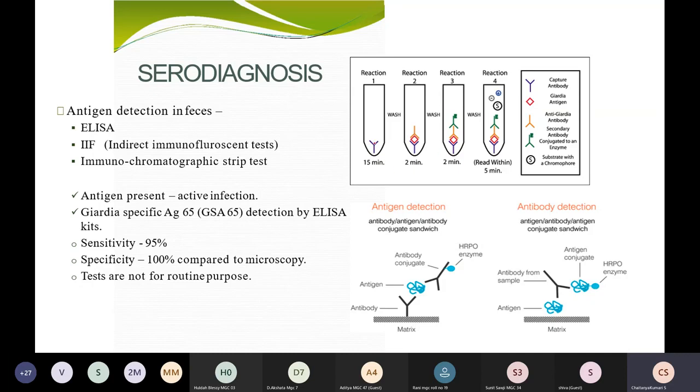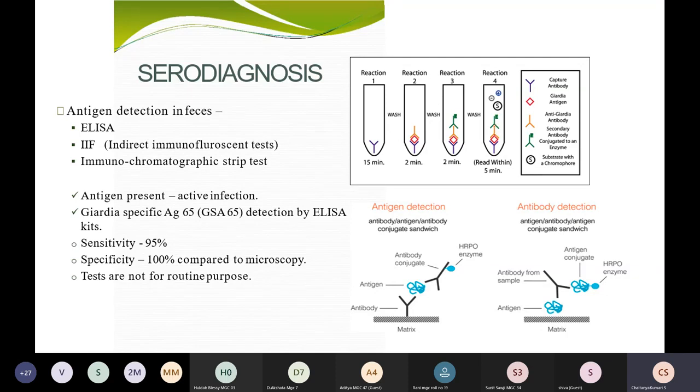First, the wells will be coated with antibodies, and then after that the antigen will be added, and to this secondary antibodies will be tagged. To these secondary antibodies, a chromophore or substrate, or the conjugated enzyme, will be added. And if this secondary antibody perfectly binds to the antigen, whatever substrate or chromophore has been added will turn to a different color. Once it has been there, it is green color.